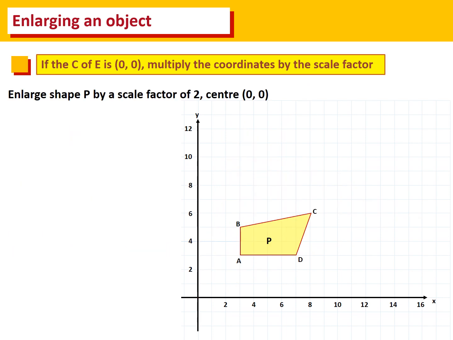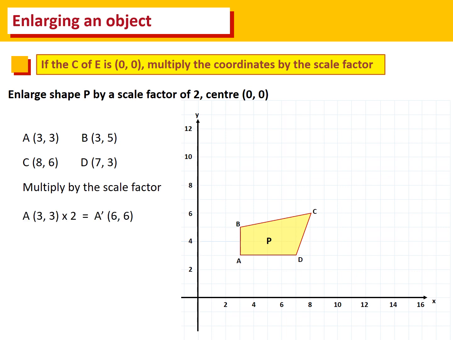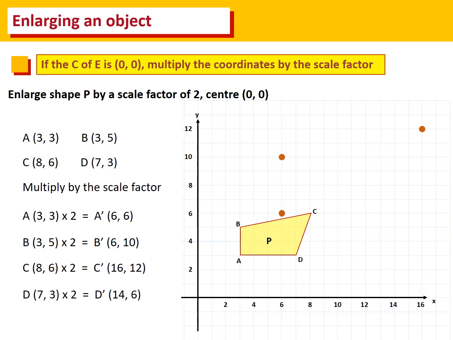Here's our second example. The scale factor is 2, which means the lengths of object P will all be multiplied by 2. As the centre of enlargement is the origin, 0, 0, we multiply the coordinates of P by the scale factor 2. So A, when we multiply those coordinates by 2, we end up at A dash, which is the point 6, 6. When we multiply the coordinates of B by 2, we'll end up at B dash, which will be the point 6, 10. And similarly for C, and then for D,